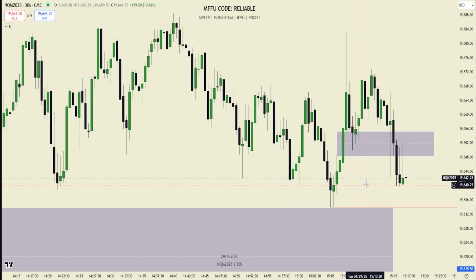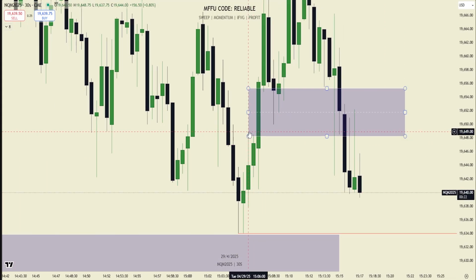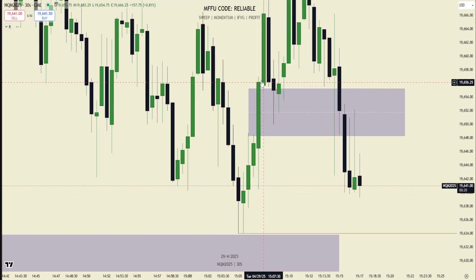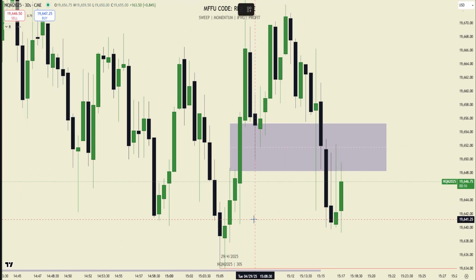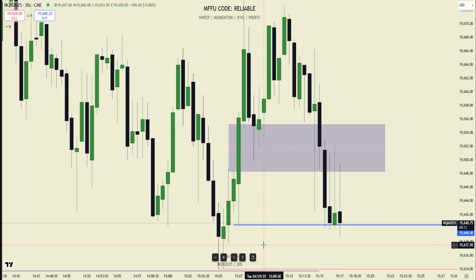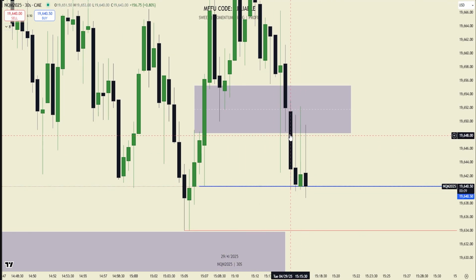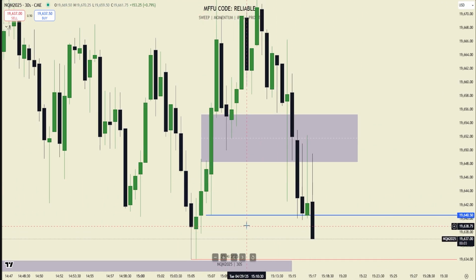Wait, why was it invalid? Yeah, sure. This swing point here is the start of the swing that forms the fair value gap that we're looking to inverse. So this is where you draw your line across to see if we hit this low before we get the close, which makes the setup invalid. Here you can see price came down and hit the low before closing below the gap. That's what makes the trade invalid.